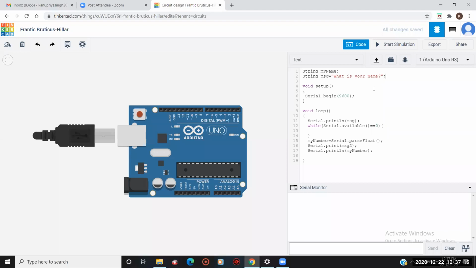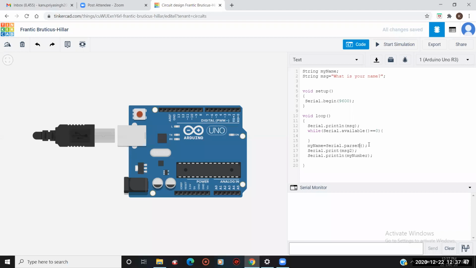So I'll terminate this line. That's it, and it is enabled. Then my message will be printed here with the help of the same command. Then the while loop will check the condition whether I am entering something or not. Then it will fetch the data, and the data will get stored in my name variable. But here it is not a number, it is a string, right?